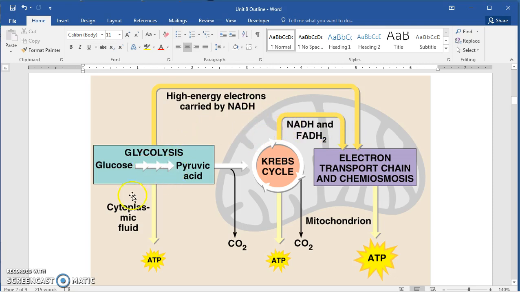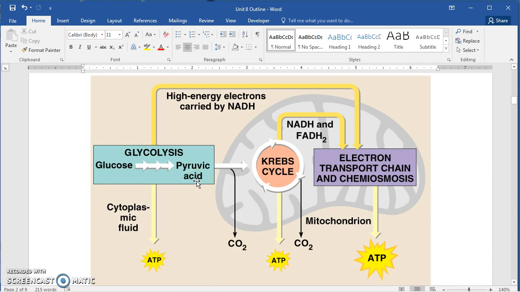As I mentioned, glycolysis occurs out in the watery portion of the cytoplasm. It does not require a membrane-bound organelle. A little bit of ATP is produced from it. Also NADH. And notice the NADH will eventually move into the mitochondrion and be put into the electron transport chain, and chemiosmosis will occur. The 2 pyruvic acids have to be prepped